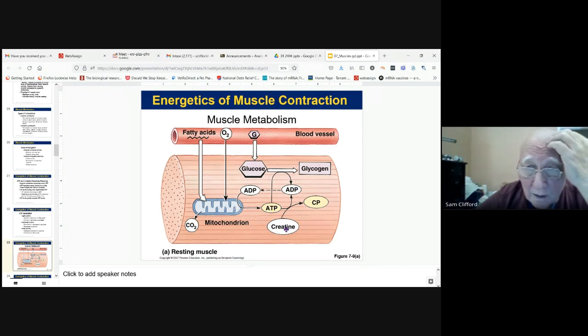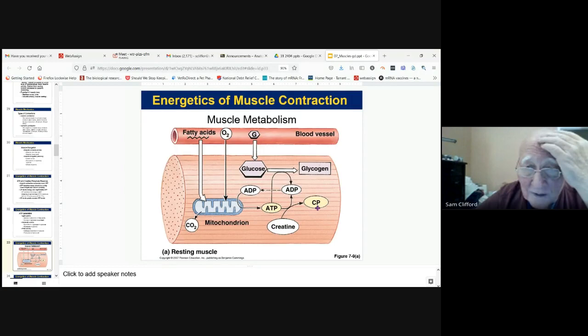Creatine phosphate is another source of production of an energy source. Glucose can be stored as glycogen, but in a resting muscle, the muscle is just building ATP and